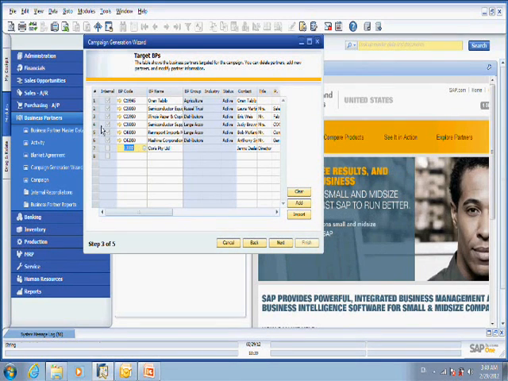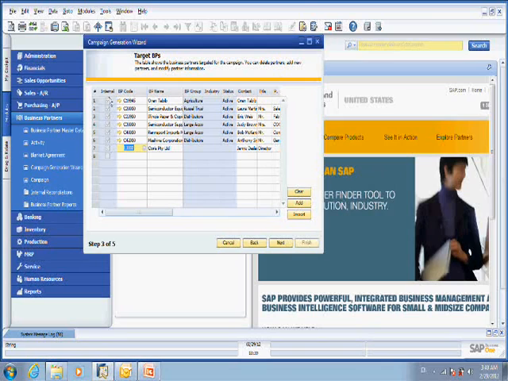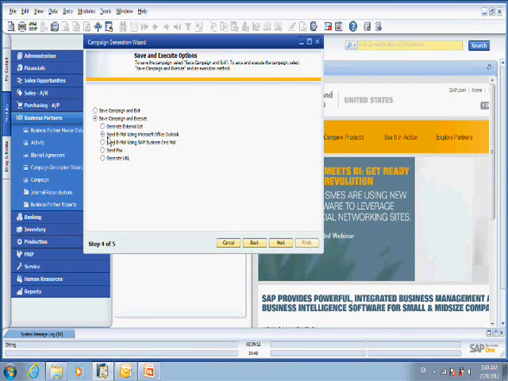Some of the business partners are internal, are in Business One as business partners, so I can see that checked, and some of them are not. So let's hit next, and I can choose just to save that or execute that and actually send an email